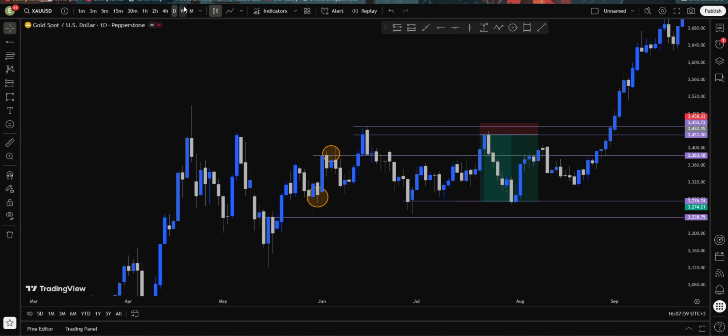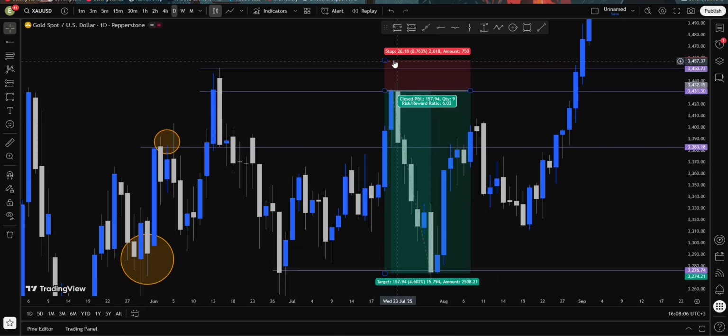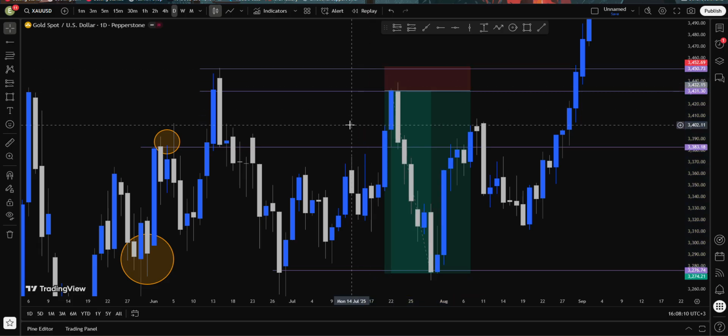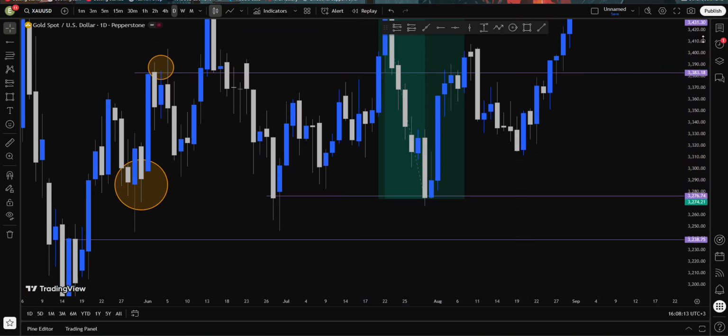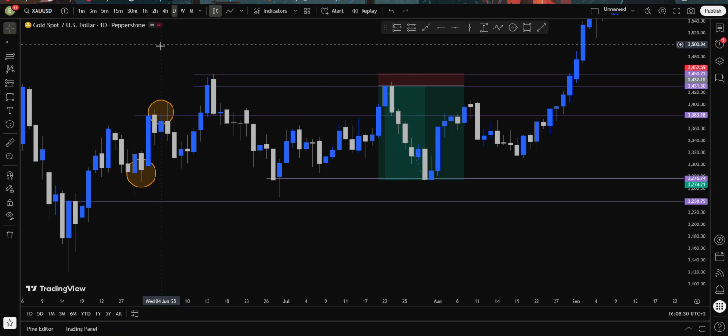Since we are on daily, this is not a scalp. You can put it just above that. Here we are risking 200 pips to get 1,579 pips. You see that the risk to reward is reasonable